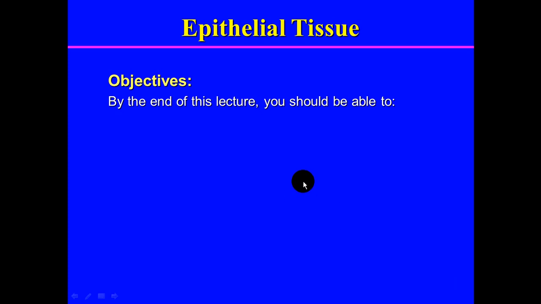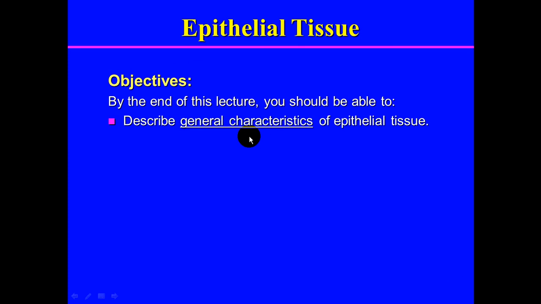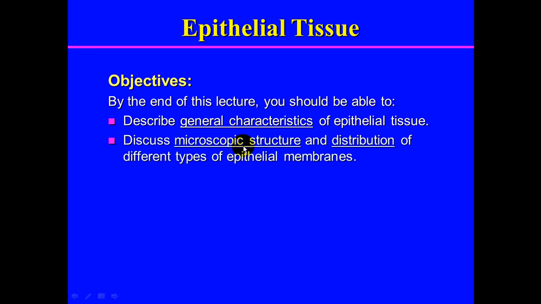The topic today is the epithelial tissue. The objectives of this lecture: by the end of this lecture, you should be able to describe general characteristics of epithelial tissue, discuss microscopic structure and distribution of different types of epithelial membranes,